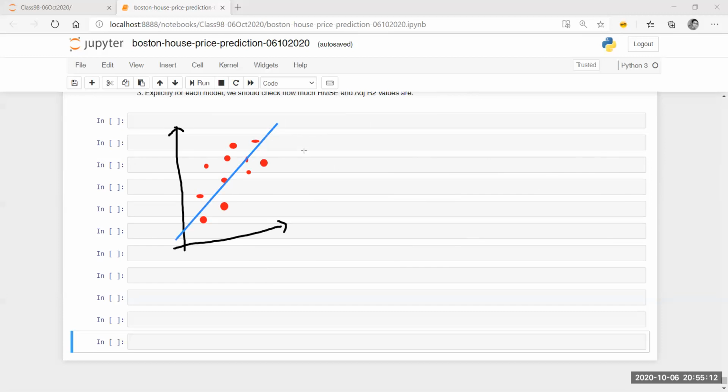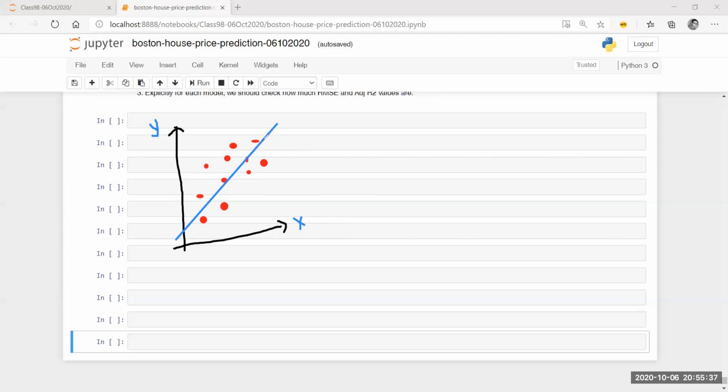We are considering a very simple situation of a simple linear regression, so that it is easy for me to explain things, or otherwise I'll have to draw in 3D, which will become complicated. So in this case, as simple as it sounds, this is my x, which is my independent variable, and y is my dependent variable. So let's say x is age and y is the salary, right? So we have fit a good model over here.